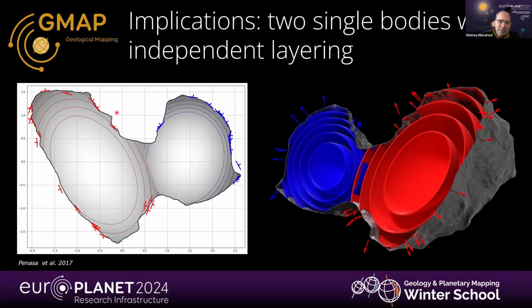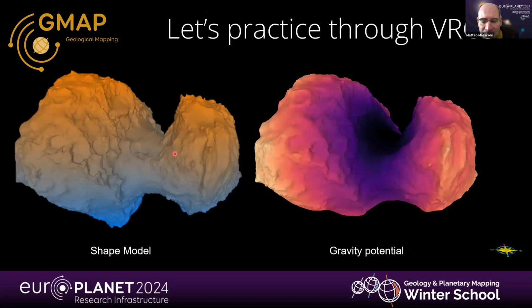We would have had pieces that were broken and went away, okay, and the two lobes' stratification formed separately, and then we would have had the joining of the two materials. So during the second practical activity,